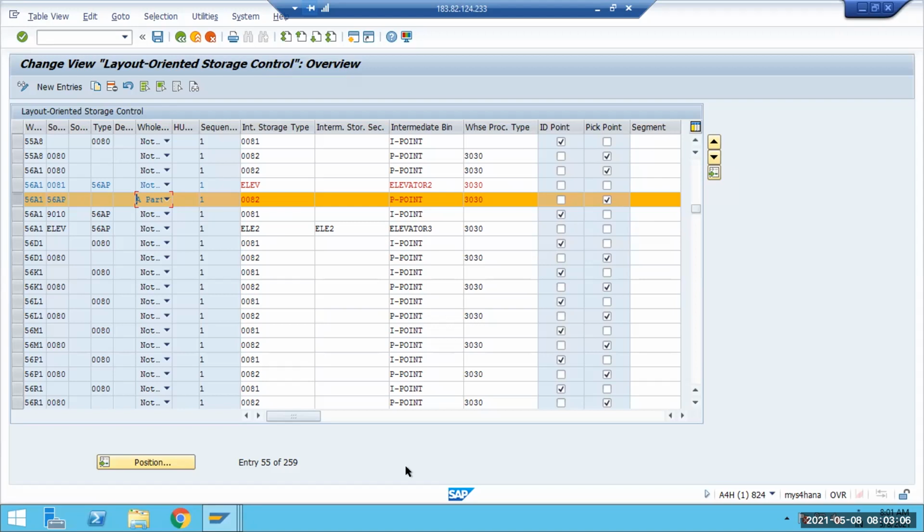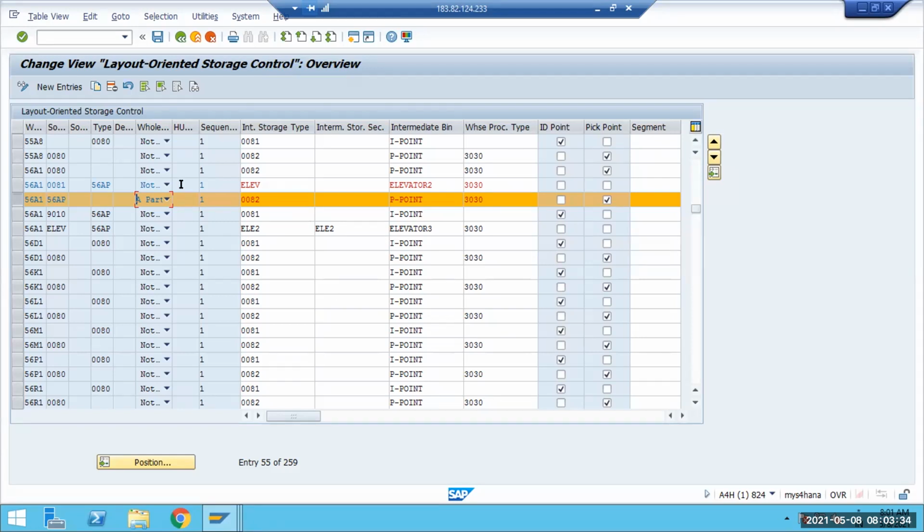But in a partial case, I'm picking a partial quantity, so I'll have to do the repacking, so I need to send it to a work center also. It could be that my work center is on the same floor where I'm finally storing the product. Correct. So before moving it to the lift, I need to first move it to the work center, then I will move it to the lift.